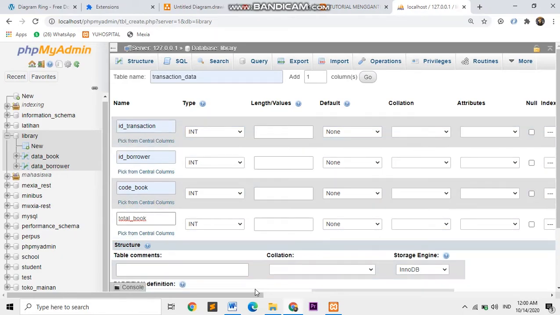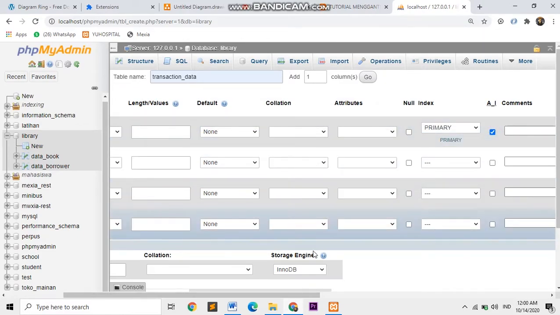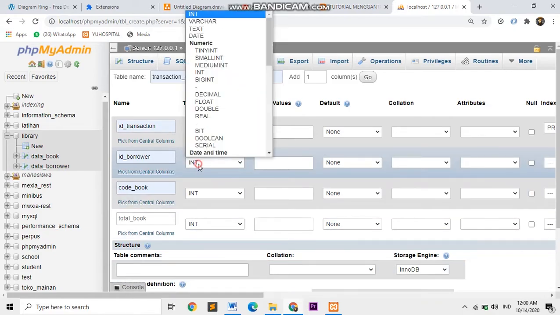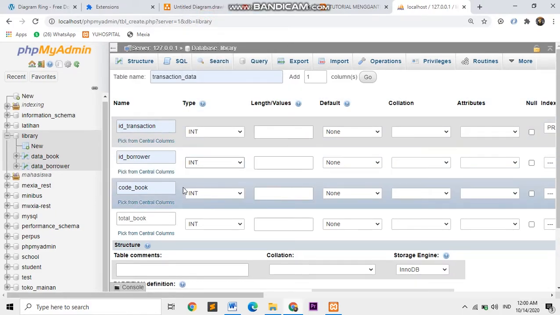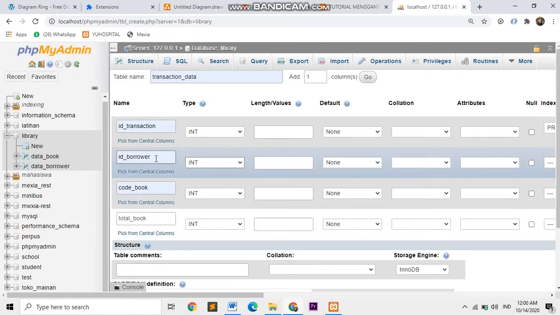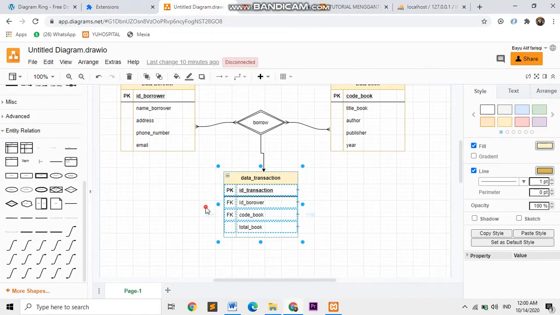ID transaction is integer, auto increment and primary key. ID borrower is integer, code book is integer, total book is integer. In here, ID borrower and code book are foreign keys.